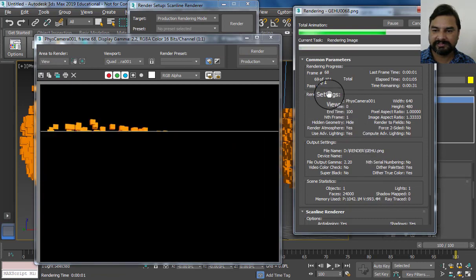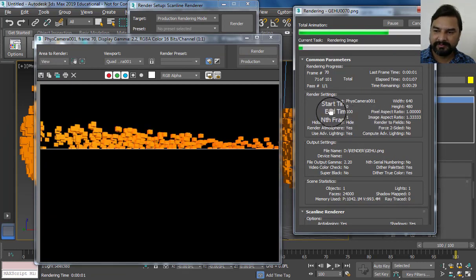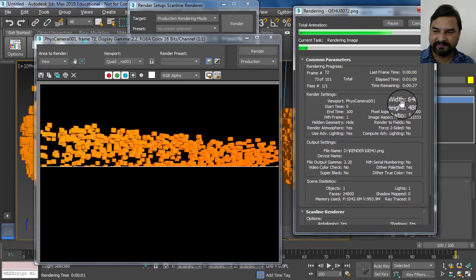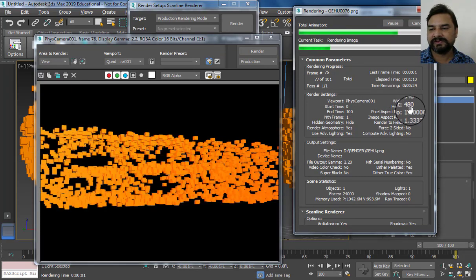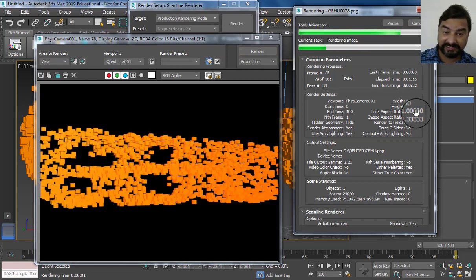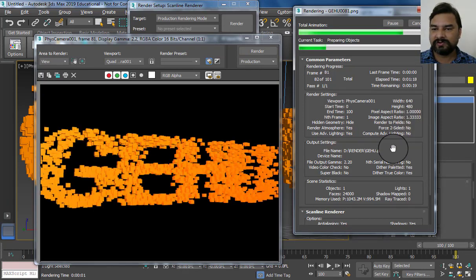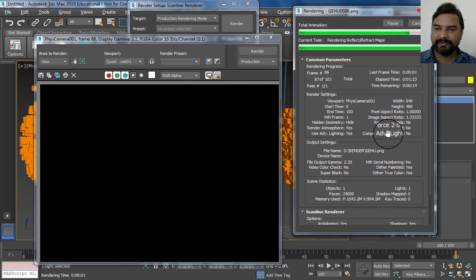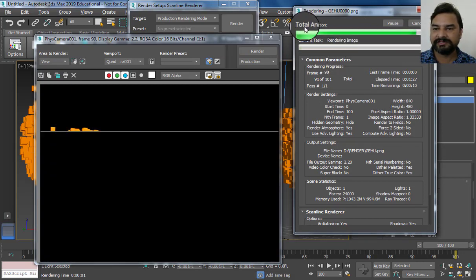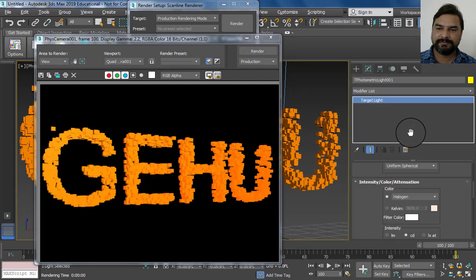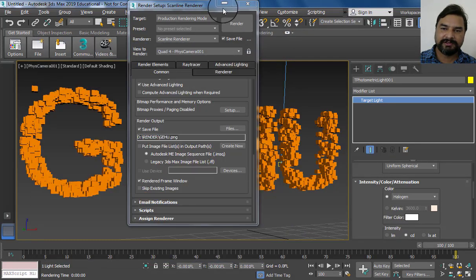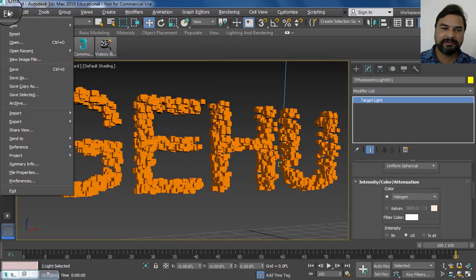Okay, it's the render setting option. We can manage our render setting. Here is the file width and height. We can increase the width and height to full HD, so our file is created in full HD. This is the current task, image 1 by 1, and this is the total task to create output. Now simply our render is complete, and we can save the file.